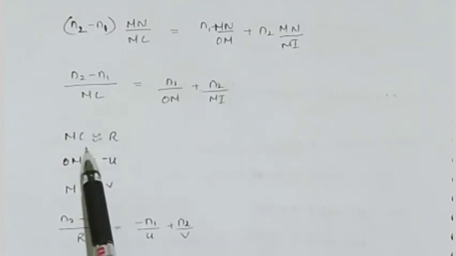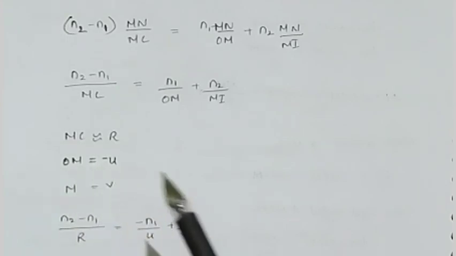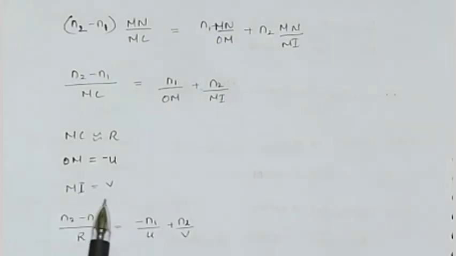As we said, MC is the radius of curvature, OM is the object distance which is taken as negative according to sign convention, and MI is the image distance which is taken as V. By putting this, we can write N2 minus N1 by R is equal to minus N1 by U plus N2 by V,